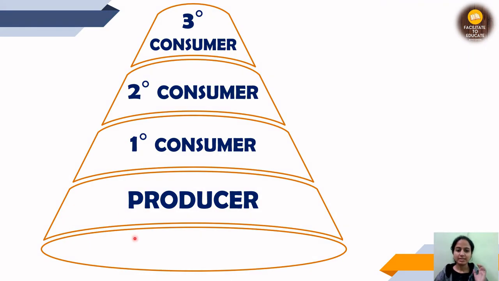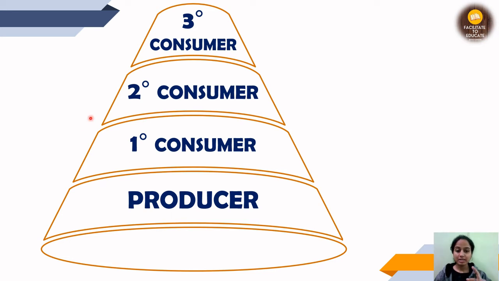So now we can say that the ultimate source of energy is the sun, and it is giving its energy to the producer, right? The producer is giving 10% of its energy to the consumer, then so on and so forth, 10% to the secondary consumer and 10% to the tertiary consumer, right? So this is what happens.